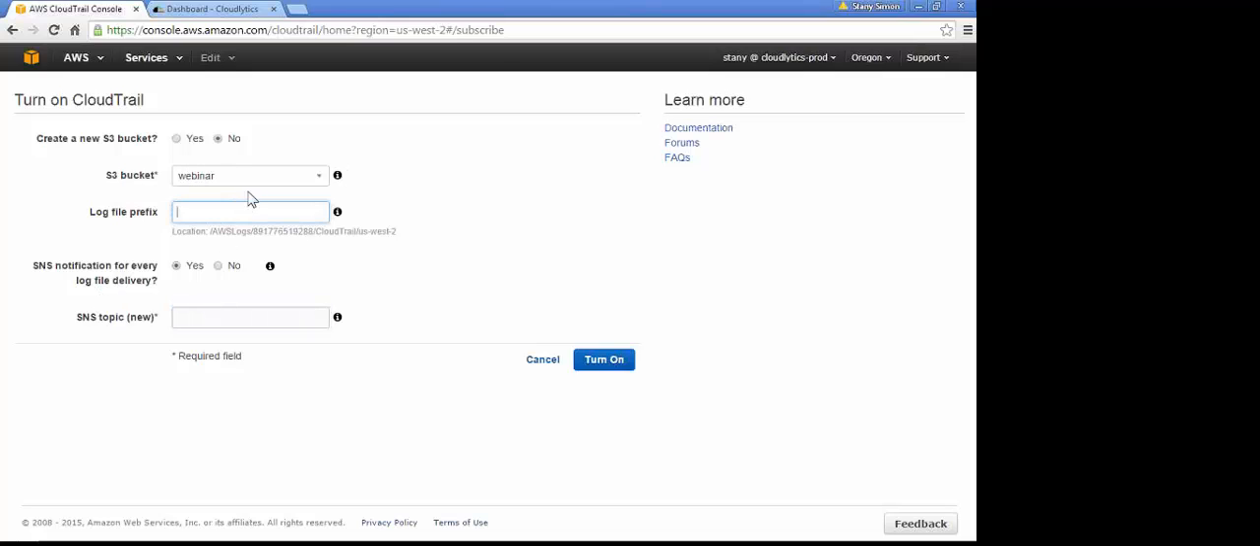Once you're done with these settings, you just say turn on, and CloudTrail will be set up for that region and will begin to log activities for that particular region. A thing to note is that if there are no API calls being made to that region, no log files will be generated and no log files will be delivered to that S3 bucket. Now that we know how to enable the CloudTrail service in your AWS account,